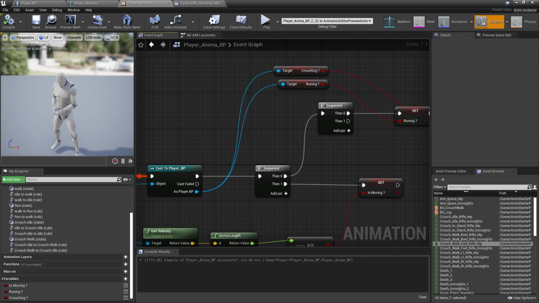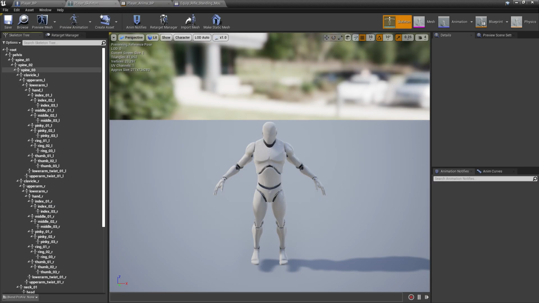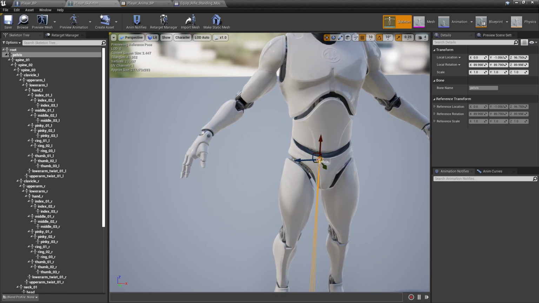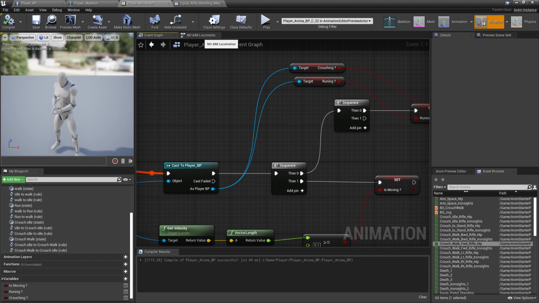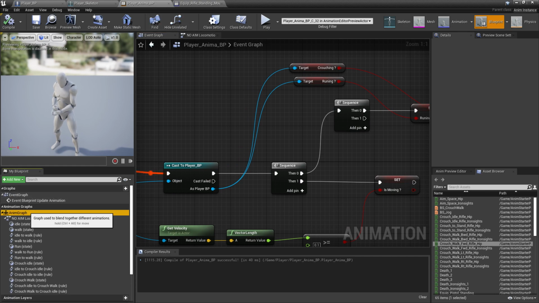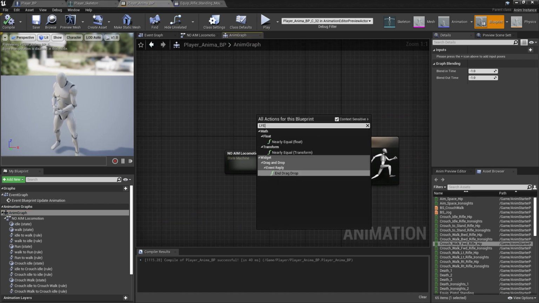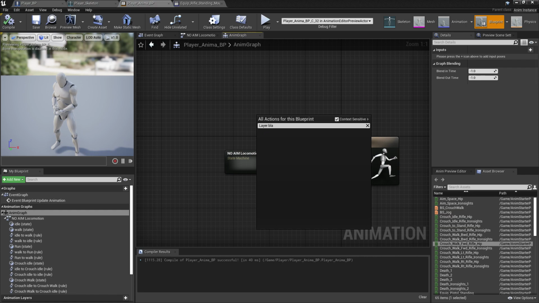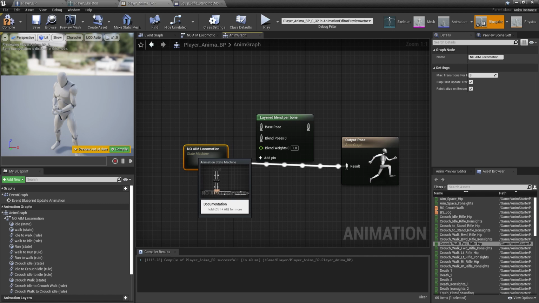Now first of all you need to find the skeleton root motion format where you want to blend that animation. So you can set up from here, you can set some of your bones. I want to set a format here for my bones. So for that, first of all we need to go into our state machine, because that state machine is the main one. So let's go into our state machine. Here we will set up that layered blend per bone. Okay, this is what we want,